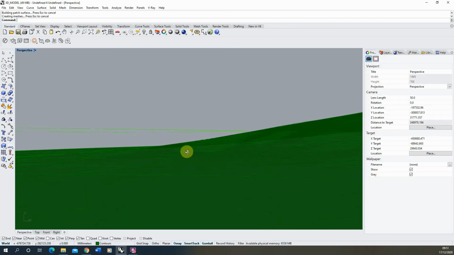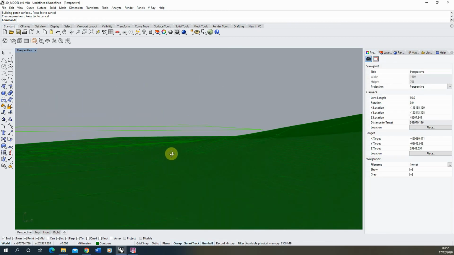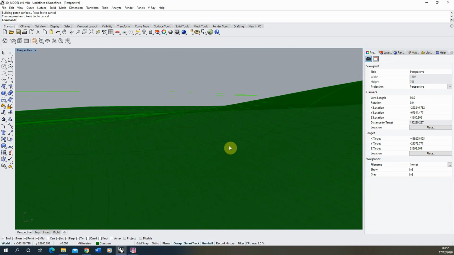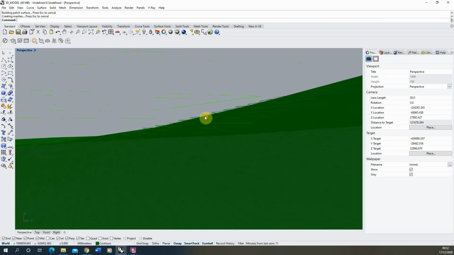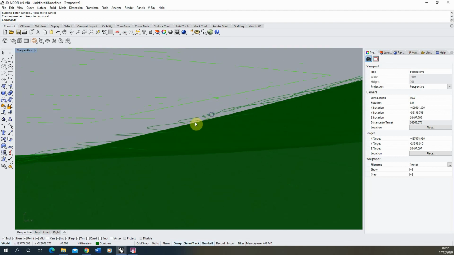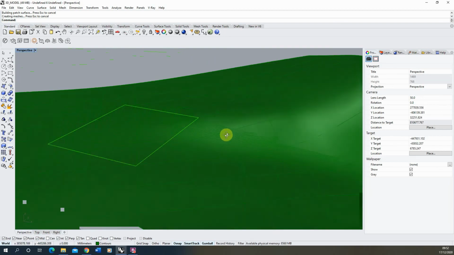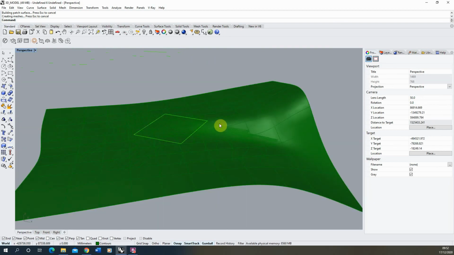Now we are getting it. It's forming to the surface I want, but you can see at points it goes over the lines, and at other points it goes under the lines, so it's not exactly lining up with those lines. If we want it to be more accurate, you just have to increase those surface U and surface V spans